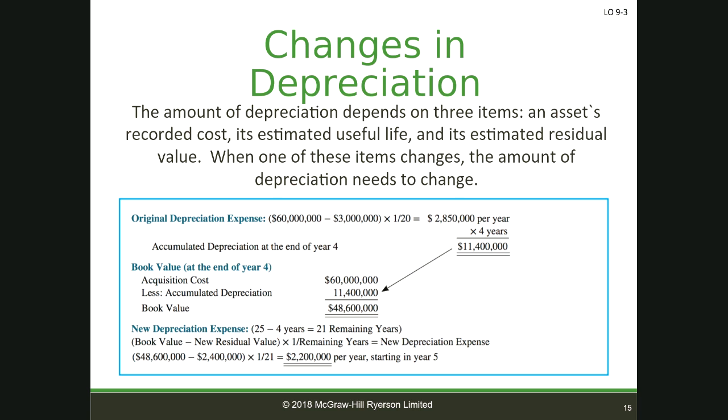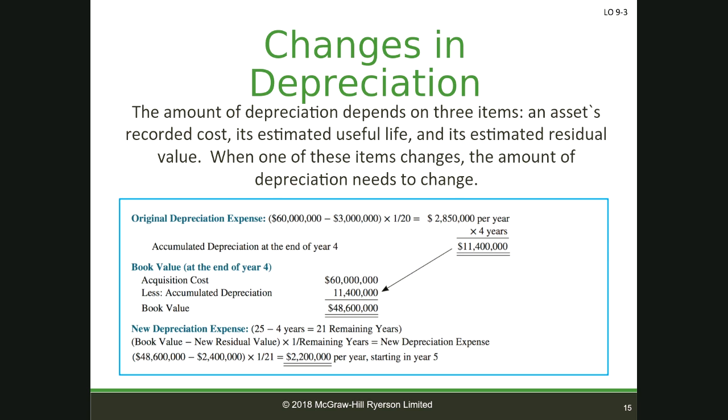Now let's say we use that asset for 4 years. The total accumulated depreciation at the end of the 4 years would be $2,850,000 times 4, or $11,400,000. So at the end of year 4, our book value of this piece of equipment is the original cost, 60 million, minus the accumulated depreciation of 11.4 million. Sometimes it's called net book value because the accumulated depreciation is deducted from cost. So the book value is